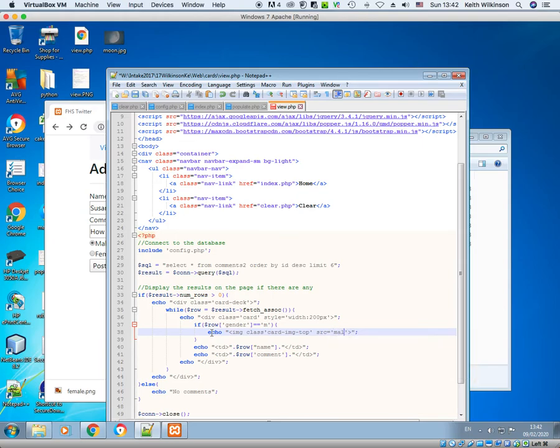This one was called male.png. You may have kept your avatar. If you do, whatever your file is called, it has to go here. So I'm setting up the card with the image, and finally I'm going to set